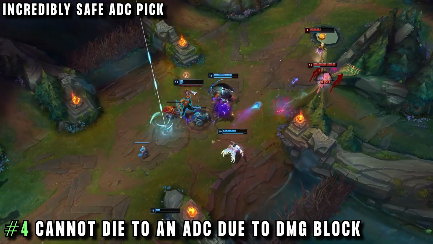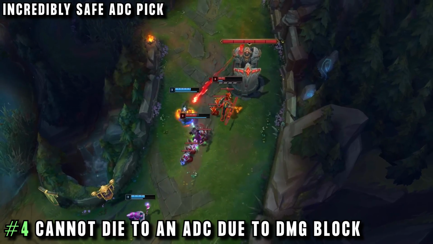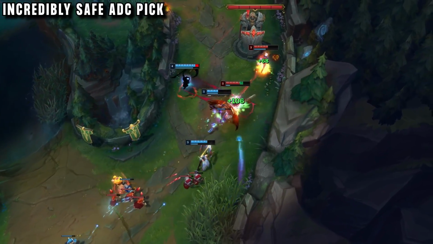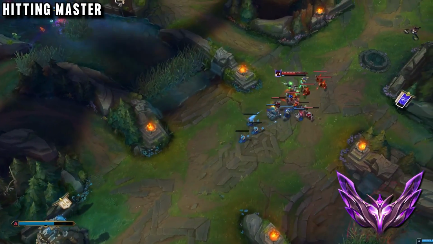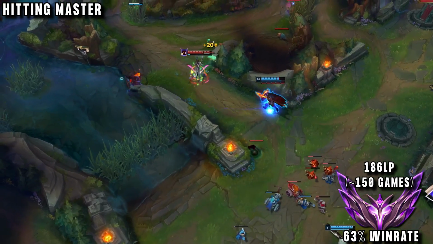It's way too risky for an AD carry to ever dash through him, as they'll likely just quickly die instead. So in lane, whenever this ability is up, Pantheon is very safe. And importantly, he plays around this cooldown. With this AD carry style, Dreadboss hit Master with 186 LP and a 63% win rate,